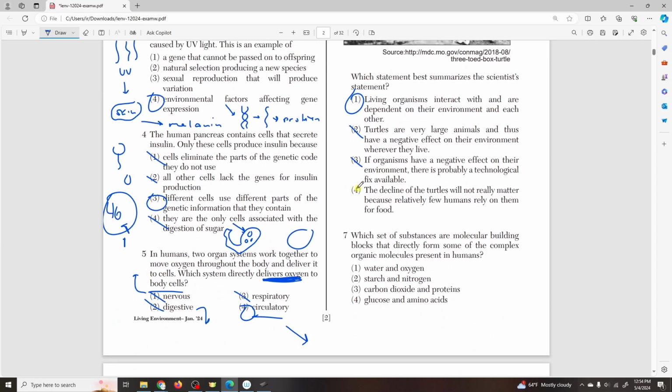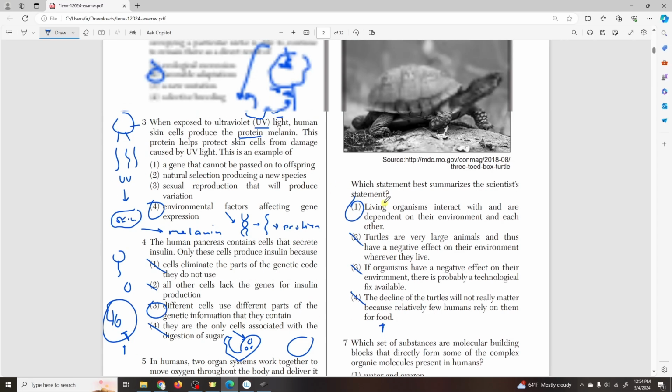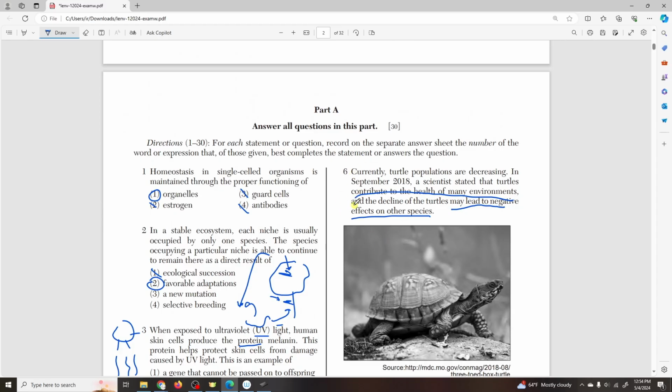And number 4 says the decline of turtles will not really matter because relatively few humans rely on them for food. This is a summary, right? This is an opinion, but it's asking us for a summary. Nowhere here did he talk about humans needing food. What he did say was that when turtle populations go down, so when there are no more turtles left,